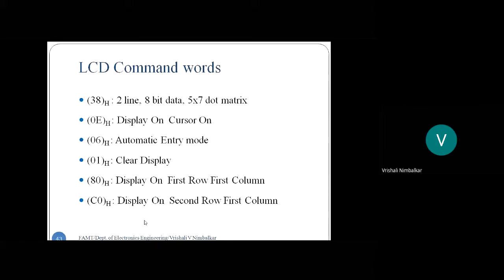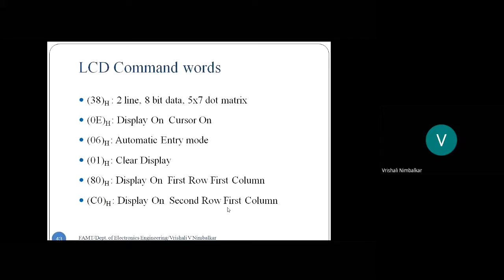Whenever I display hi, I should clear the display and then display the second message, hello. After displaying hello, I should clear the entire display and then display the third message, welcome. These three messages are displayed at the same position.